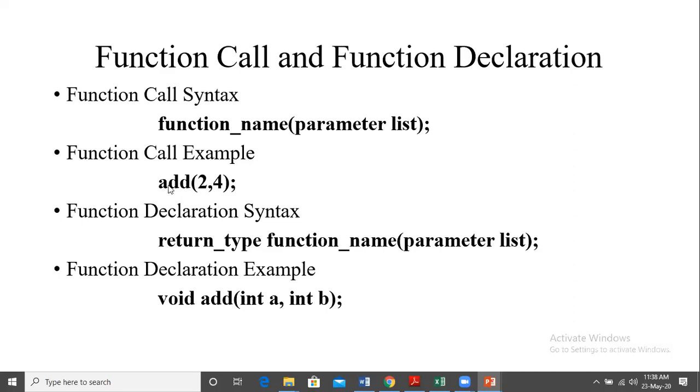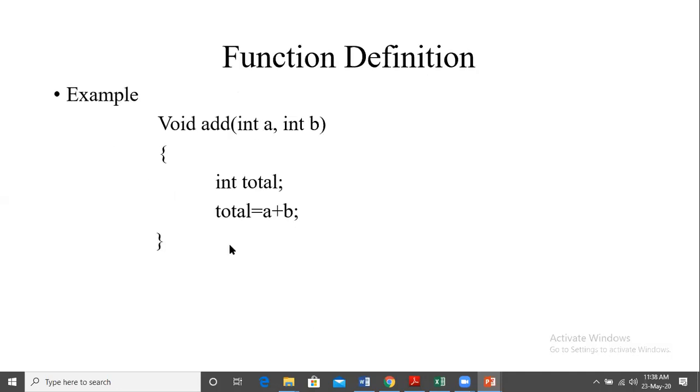Very important, these terms. Please make note in your book. Function call is the statement where we are calling the function with the input, right? So here we specify add within bracket 2 comma 4. That means it has to add 2 and 4. If this statement is seen in main, what happens? Control will go back to wherever the function is defined, and first number is 2, that becomes the value of A. Second number we have given 4, so 4 will be the value of B. Then it defines total and it will add 2 plus 4, 6 will get stored to total. I hope this is clear.